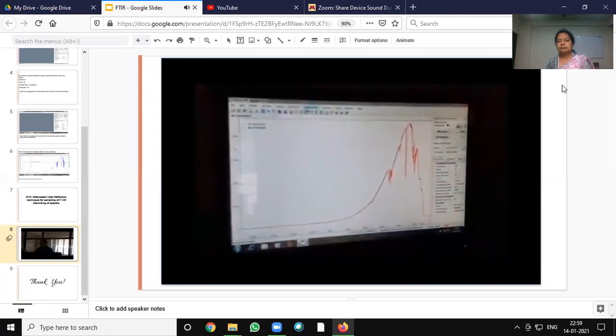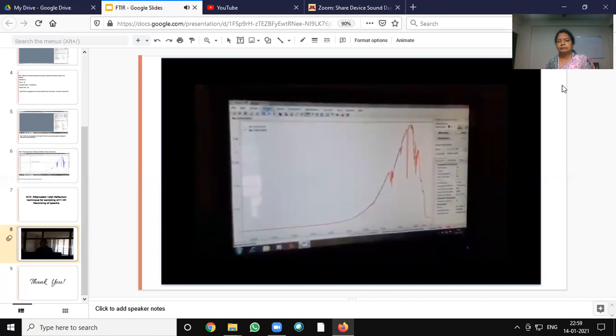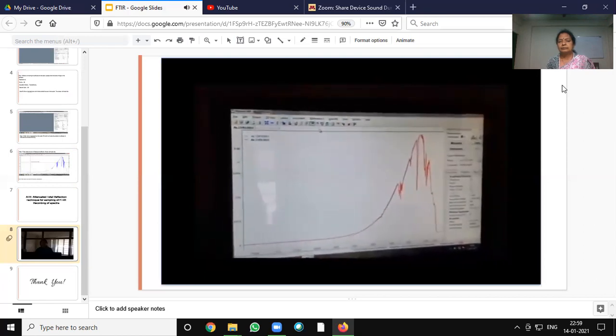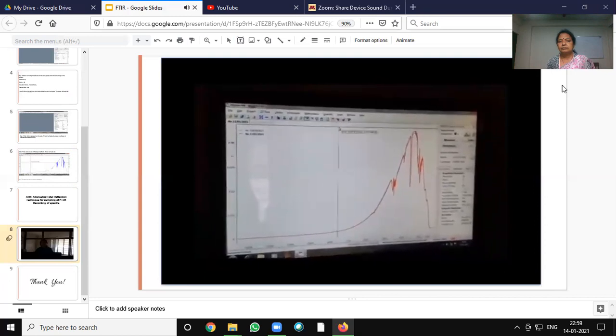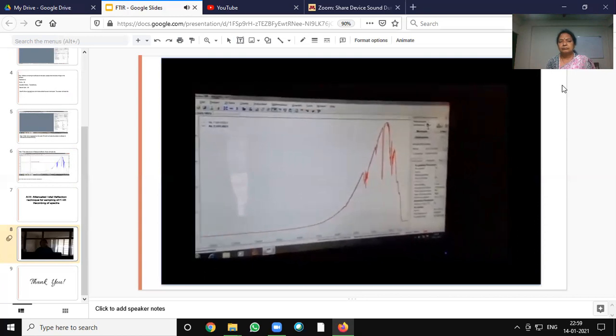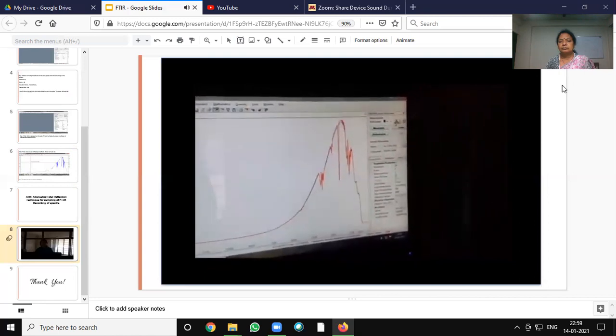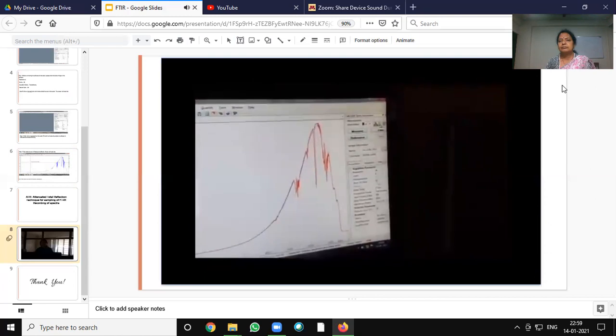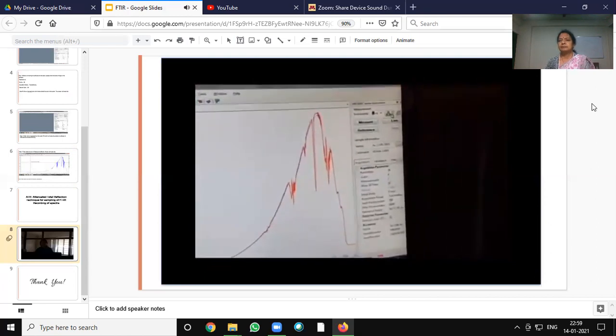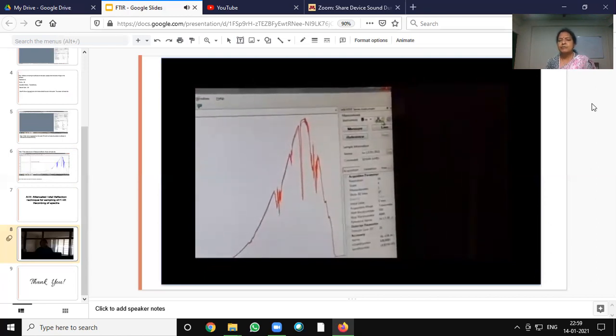This is the Horizon MB software on our desktop, which I have already double clicked. Then we have to check the parameters here. Desktop will connect with the instrument here, and it will give you a yellow green signal.